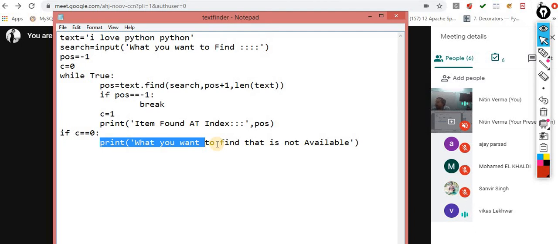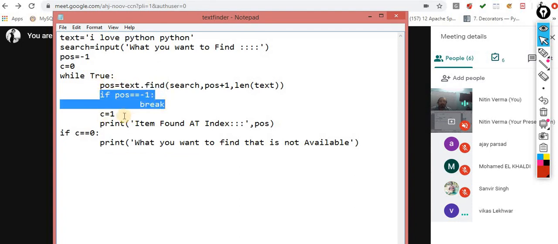Yes, we can proceed with range, but then it would be more complicated. This one is the best way to achieve it. We know while, we know True, we know find, and the rest we know is if. This is just the concept part, but the thing is we didn't know how to implement it. This is the way. Now you get clarity on how to implement such types of problems, if you find them anywhere throughout your life. Now you can easily understand it. That was the logic for the same.